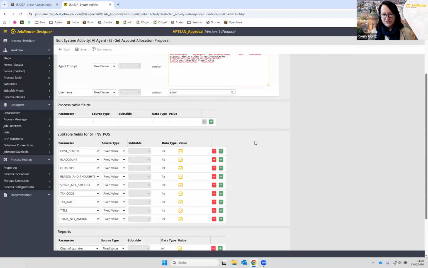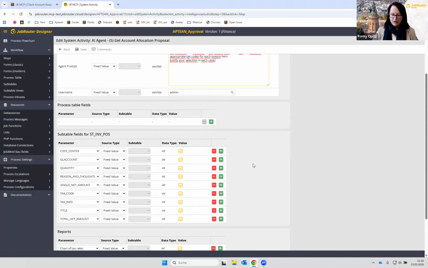Now, what we also specified is context, very important. The agent needs to know what kind of data it is working with and what kind of data it is allowed to return. So that's, of course, the workflow data that we specify here.